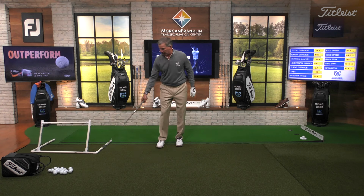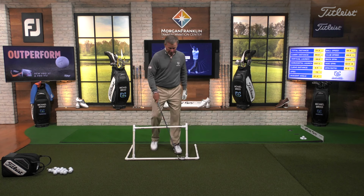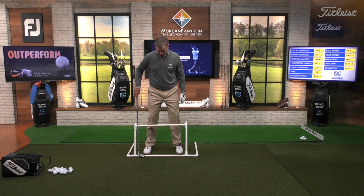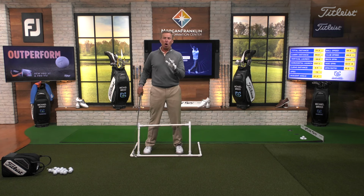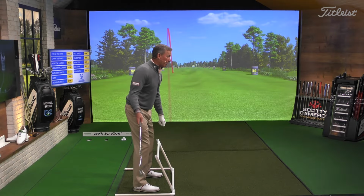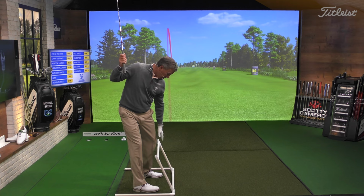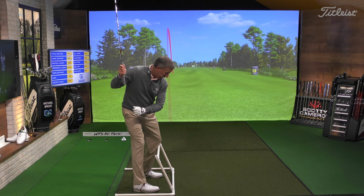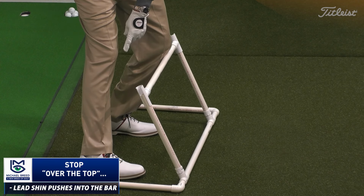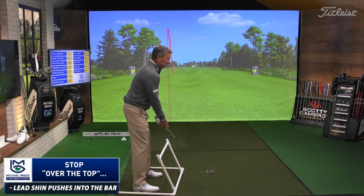So we're going to take my little device that we're calling the Shintastic, and what we're going to do is use it to teach ourselves how to move our shins into a draw motion. So we go to the top of the backswing, and what I want you to do is take your lead shin and get it onto that bar and move the bar, and the trail shin will stay back. And so we get up here like this